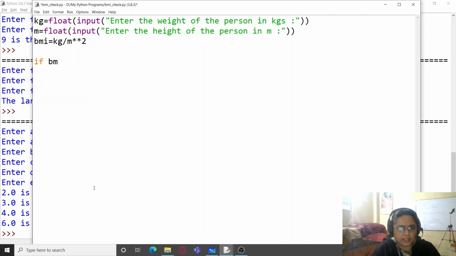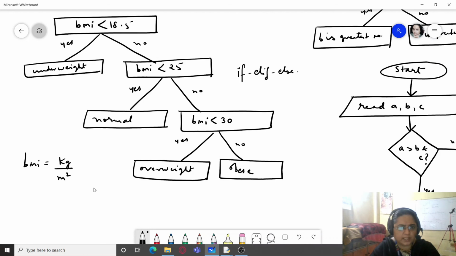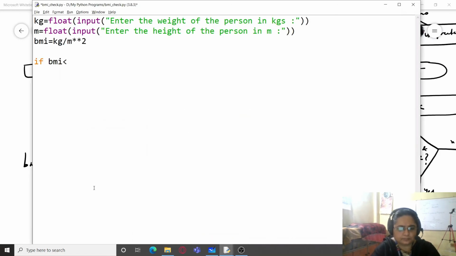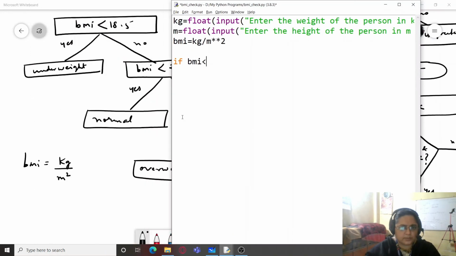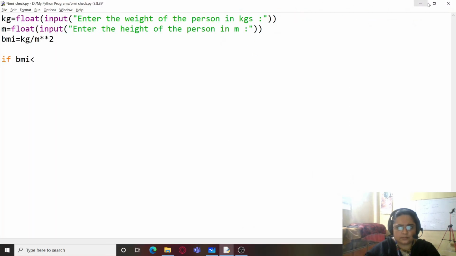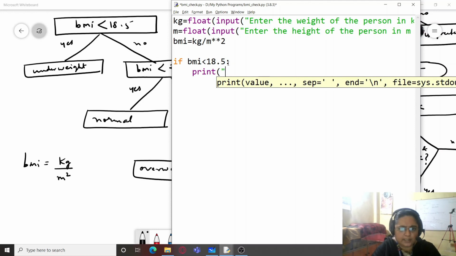Now let us check the condition. If BMI is less than 18.5, we write it this way so that I can see the condition. If it is less than 18.5, then we will print it as underweight.